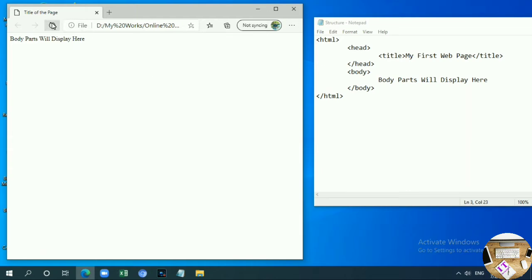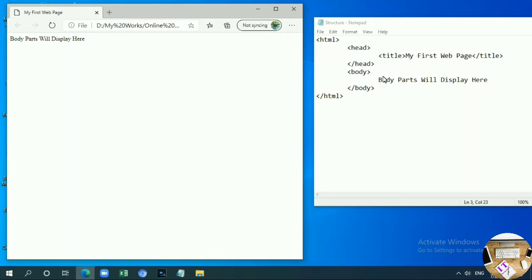So we want to refresh the browser. Then only can we see the saved changes. Now all of you look here. The title of the page is the title. And I'm refreshing. Look, this changed to my first web page. Okay, this is what happens when we give any text inside the title tag or inside the head tags.